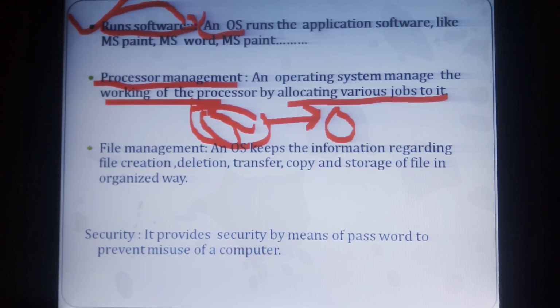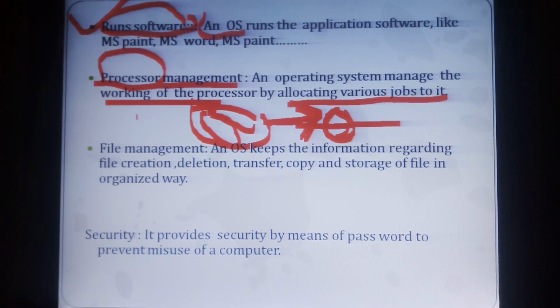The name of the job is A. Whenever I prepare, assign, open, or work on this job, it will be allocated in a processor. When the job is finished, it is the deallocating of the processor.